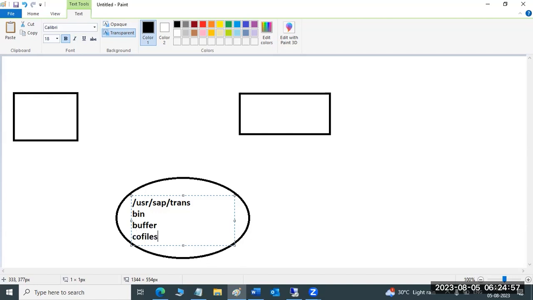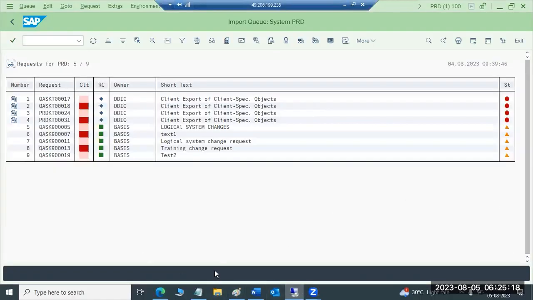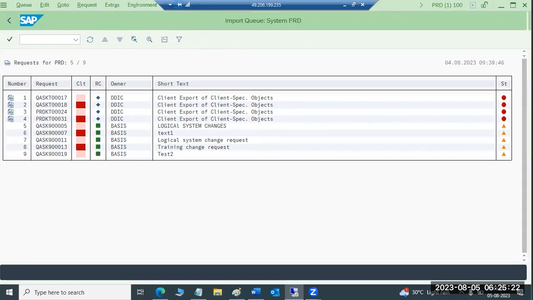Co-files means control files, data files, then SAP names, the developers' names who are releasing, right? Then EPS, we will use this EPS for support pack purposes. Then temp, then log files are available here. ULOG, SLOG, those log files are available here, right? So if you want, you can go ahead and see here what log files are available in the systems, right? So here you can see,